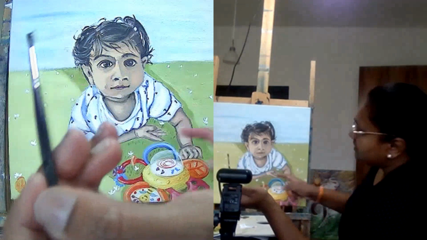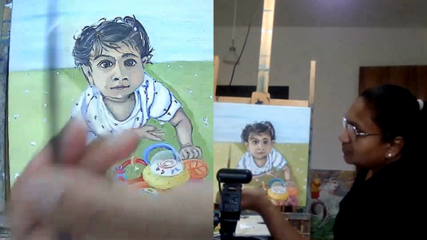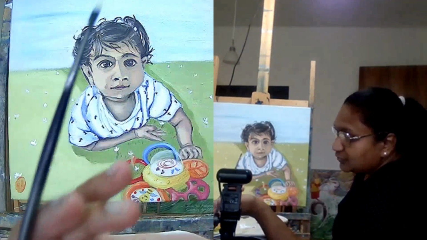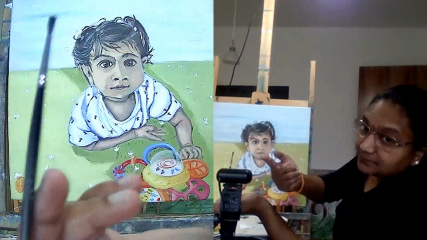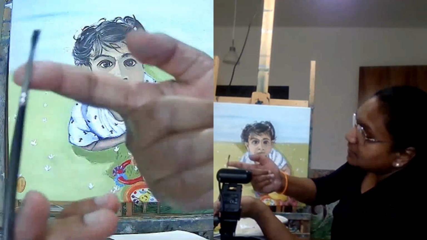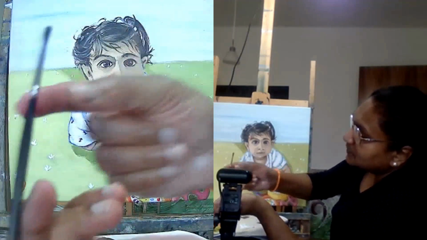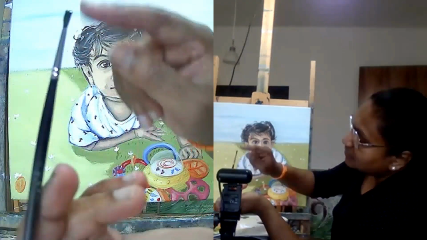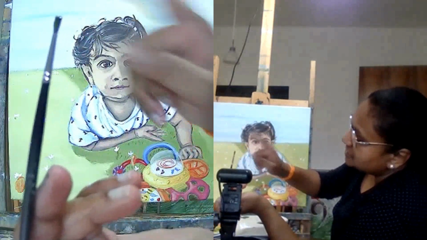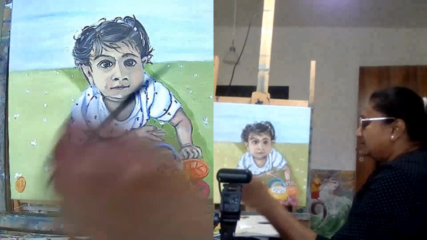Always note when we are working on such details, you don't want paint flowing through your brush. It should be so clean. This whole neck of the brush must be clean. So ensure it's only the tip that's holding the color.